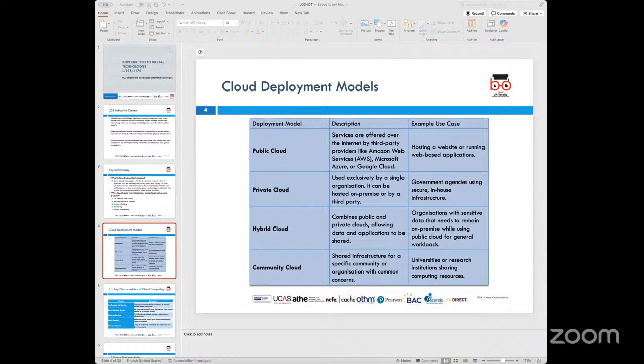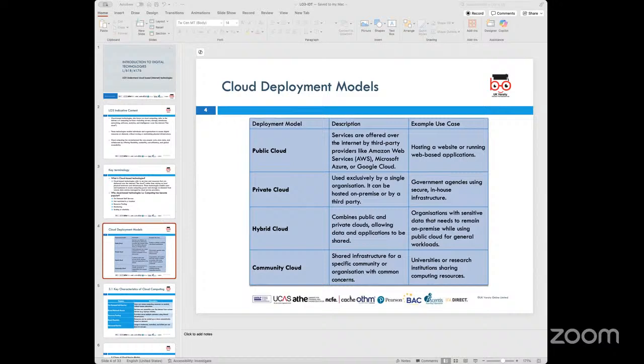Then you have a hybrid cloud, where some part of the cloud you can allow public access to. A good example of this would be, you have a website, but within the website you have a shared portal, and that portal is only accessible by a certain number of people. Now, the website is hosted on a public server, which allows members of the public, or anybody who comes onto the site, to browse the website and get hold of services or products which the company is selling. But at the same time, they would also have a small part of the website which is private, and that would be hosted on a server which is private with permissions, user rights and passwords given.